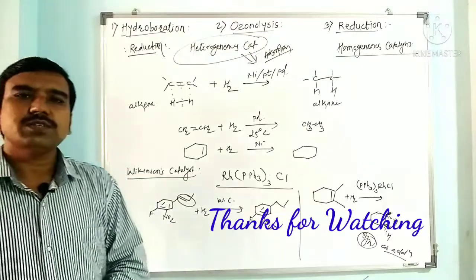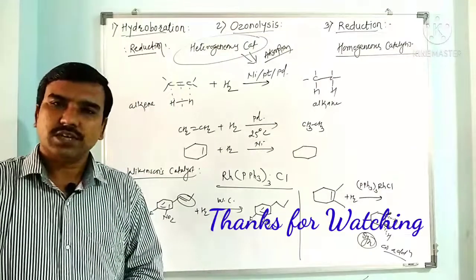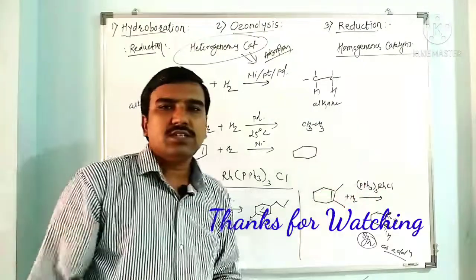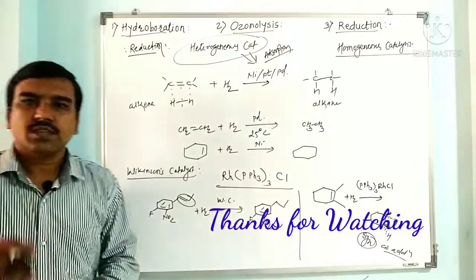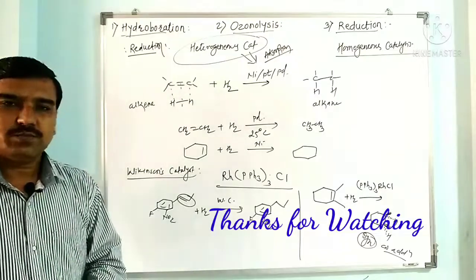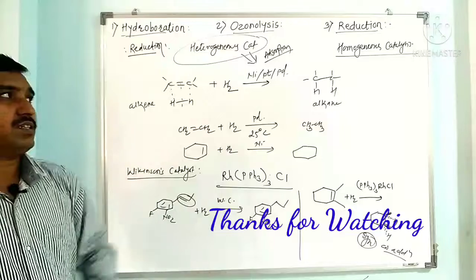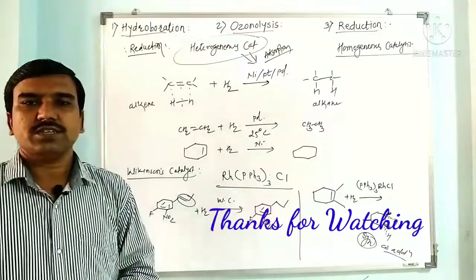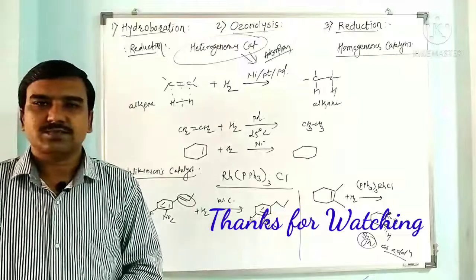When we want to perform a highly stereospecific or highly stereoselective reaction, then we can replace one of the ligands with a chiral moiety. So an enantiospecific reaction we can perform. In this way, these are the examples of homogeneous and heterogeneous catalysis in the reduction reaction of alkene that we have discussed here. Thank you.